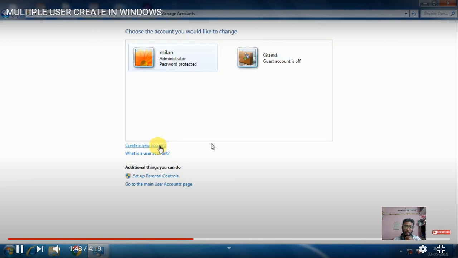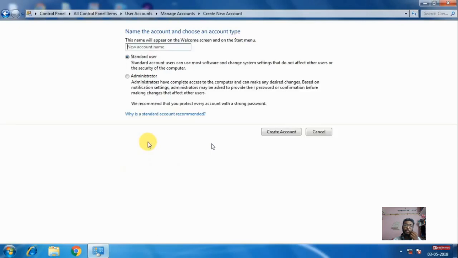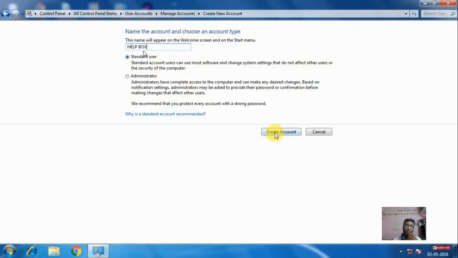He has to create a new account, and you can see a column there, and that is the name of that particular account. If I want to write my name, I can write it over here, any kind of name. Here the box is the account name.